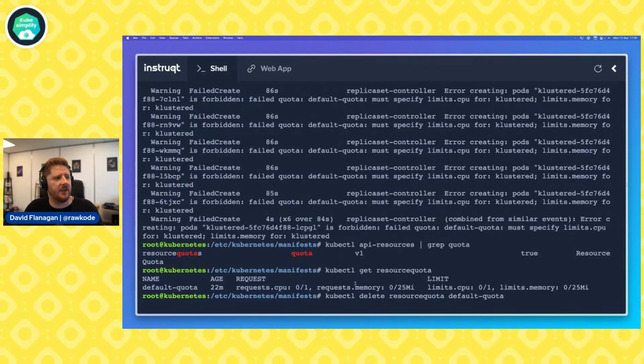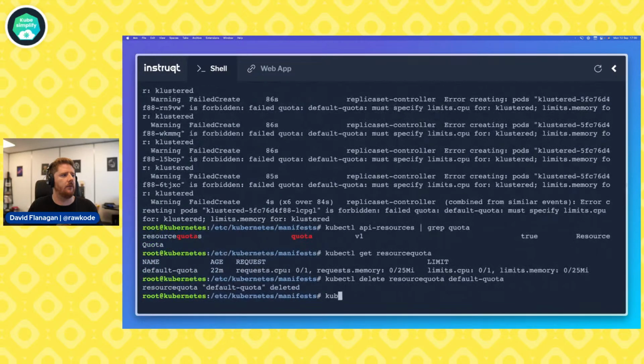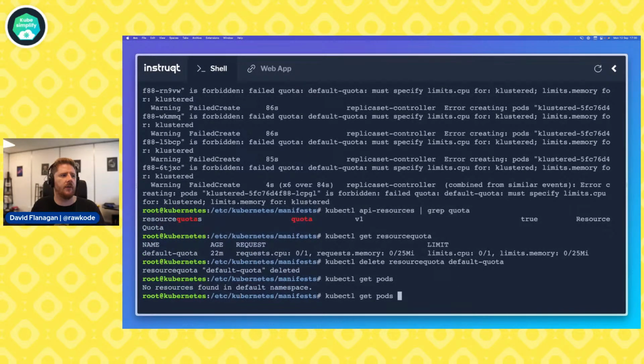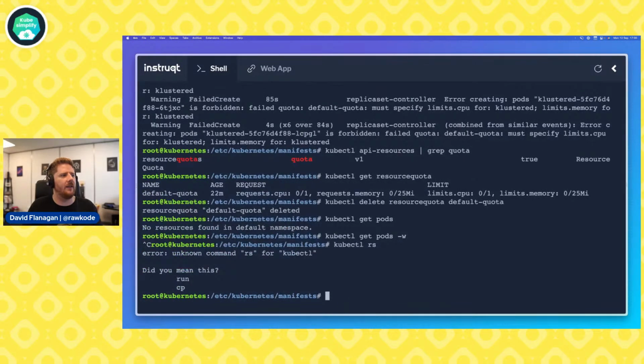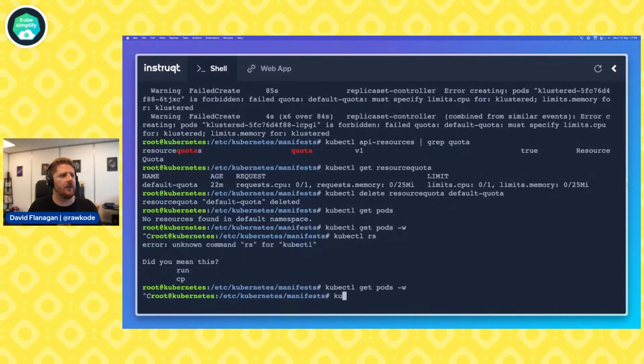And you can see this was actually just blocking pretty much everything. Nothing would be scheduled in this namespace. Now we can write pods. We could probably stick that on a watch, and at some point we could speed that up and delete some replica sets. Depends how quickly I think I need to go.